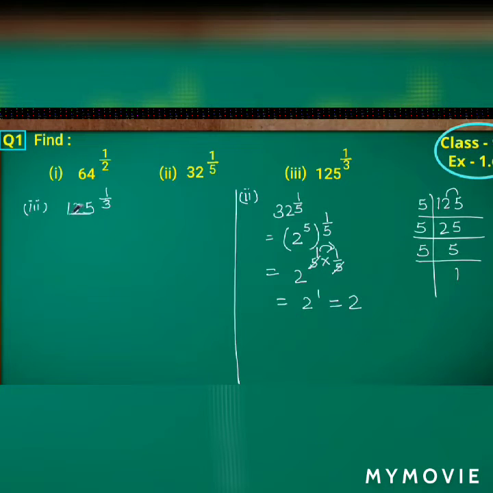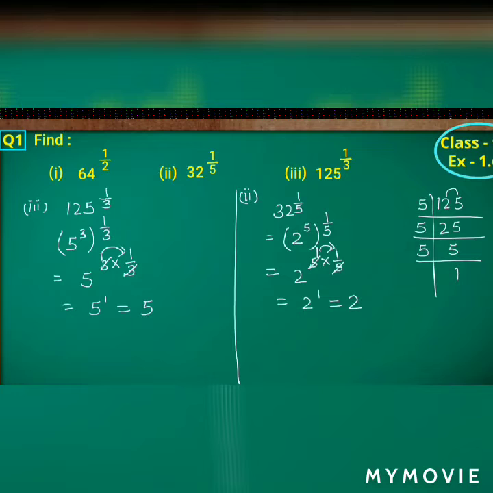So the exponent form of 125 is 5 into 5 into 5, isn't it? That can be written as 5 power 3 whole power 1 by 3. The power will be as it is, whole power 1 by 3. This is in the form of a power m whole power n, which can be taken as a power m into n. So 5 power 3 into 1 by 3. The 3s will get cancelled. What remains here? 1. That is 5 power 1, which equals 5.